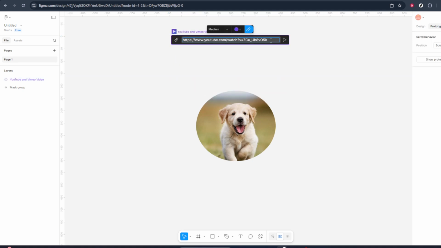Figma will open a small panel or window, usually on the right side or in the center of your screen, dedicated to that plugin. From here, simply follow the on-screen prompts provided by the plugin. Typically, it will ask you to paste the URL of the YouTube video you want to embed, choose or confirm the size of the video frame, and then insert it onto the canvas. Make sure you copy the full video link from your browser and paste it carefully. When you're done, the plugin will create a frame in your